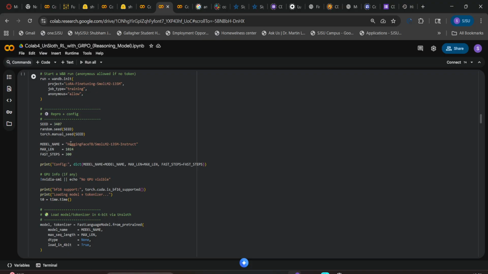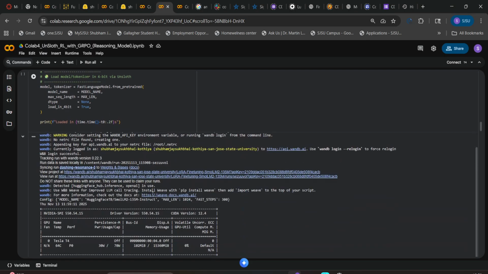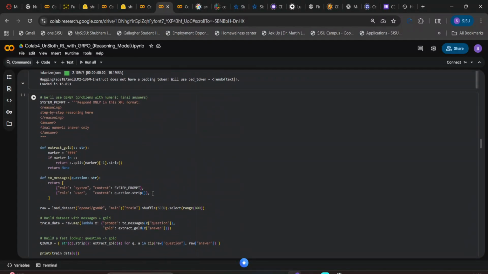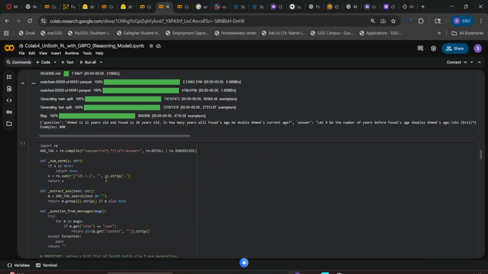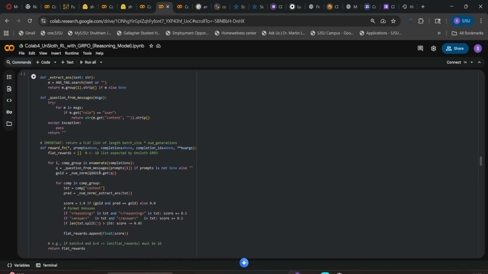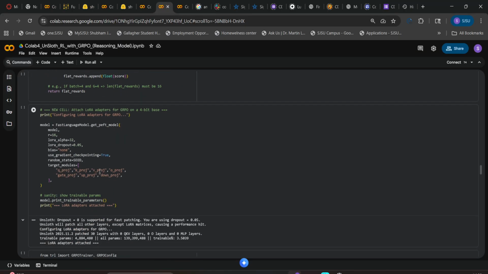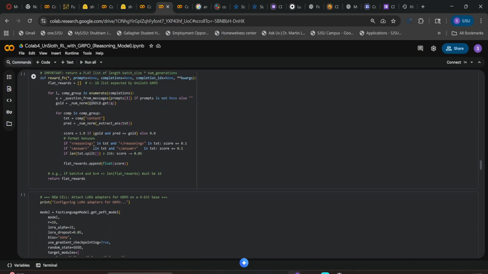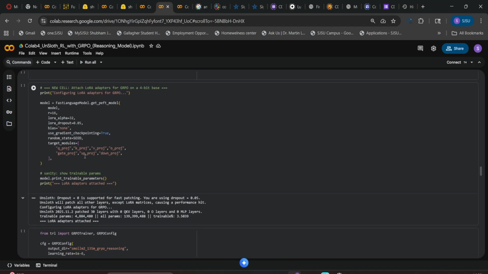load the Hugging Face TB SmolLM2 135M Instruct model. Here I loaded it, and then I assign the system prompt, like extract the goal from the message, etc. And then I'll write the normalization, extract answer, question from message, and reward function. Everything is created here. This is the reward function. This is the critical part. And then I'll